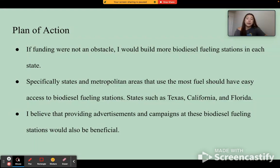Plan of action. If funding were not an obstacle, I would definitely build more biodiesel fueling stations in each state, especially in states and metropolitan areas that use the most fuel, such as Texas, California, and Florida. I think these states should have easy access to biodiesel